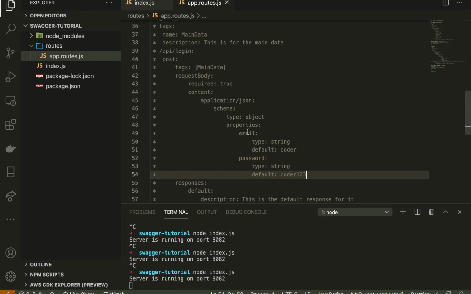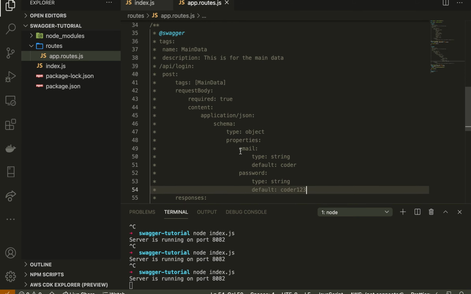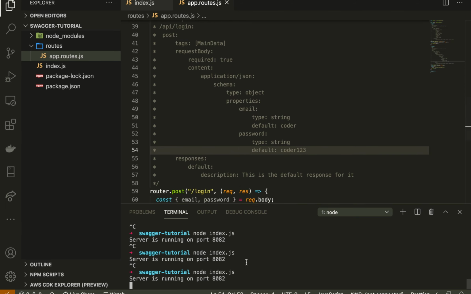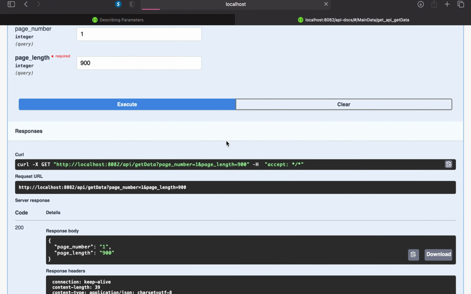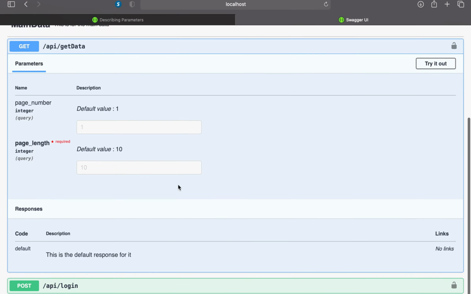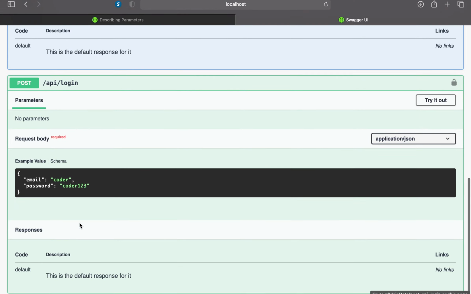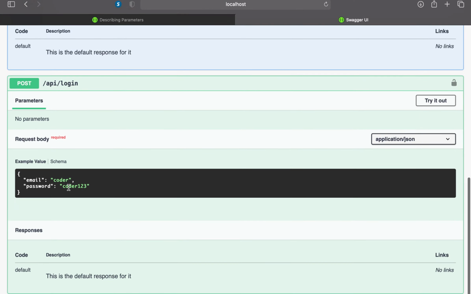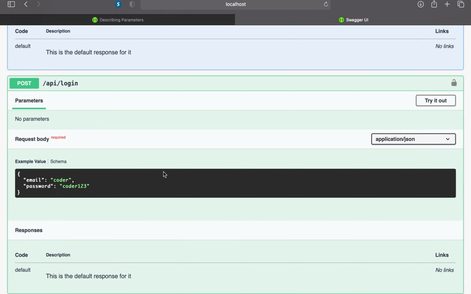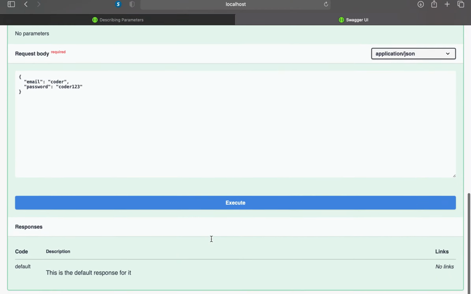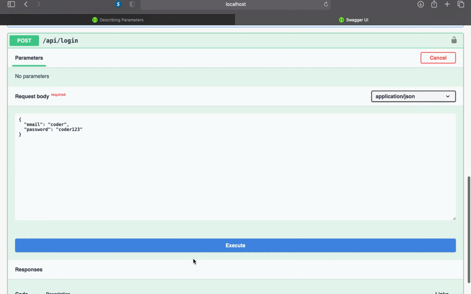I'm gonna save it, and yeah, let's fingers crossed, let's hope for the best. It's gonna run. Yeah, it is running, and here we have an API login. We are getting the coder 123. We can check the schema. It's like string of type string. We can have the description required and all those things. So I'm going to try that out. If I try it out, then I'm going to execute,